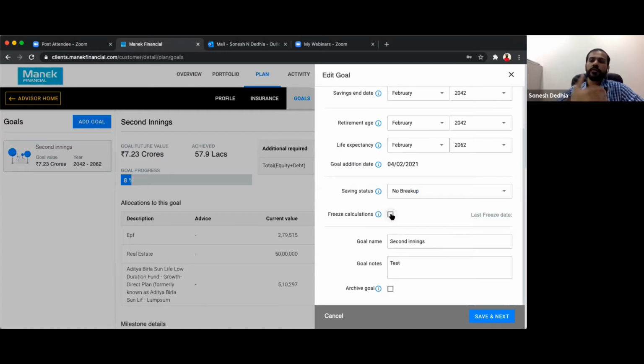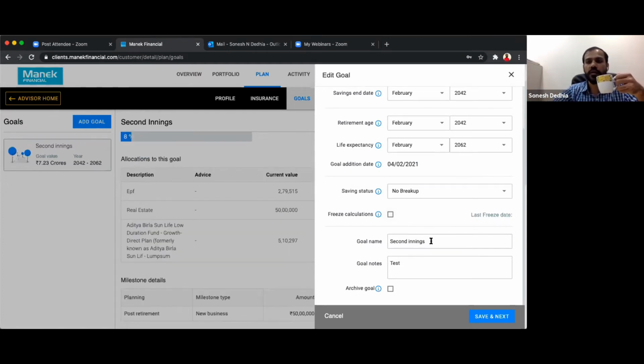There was a lot of this requirement in the earlier platform that advisors used to ask: I have made a goal, and I made sure that he's investing the same amount as per the requirement of the goal. But now suddenly the markets went down, so the goal is showing a requirement still to invest. So if you freeze this calculation here, those amounts of investments will not change, the requirement will not change.